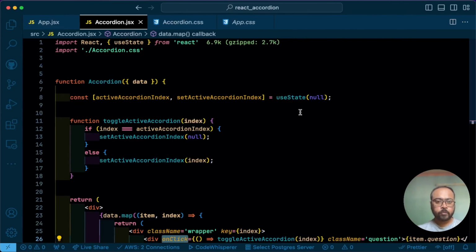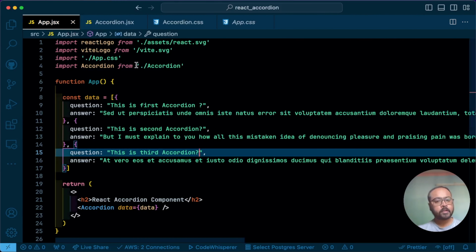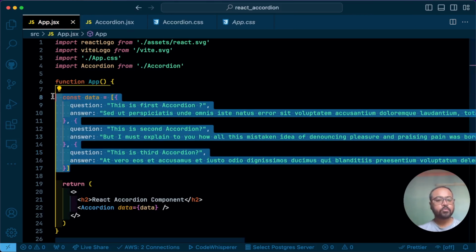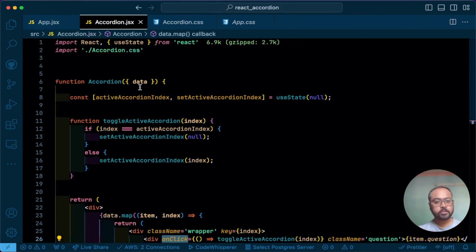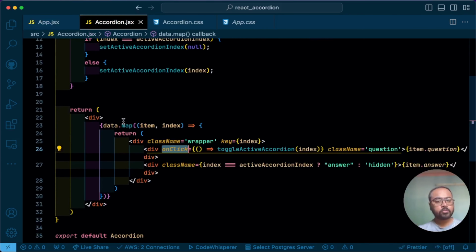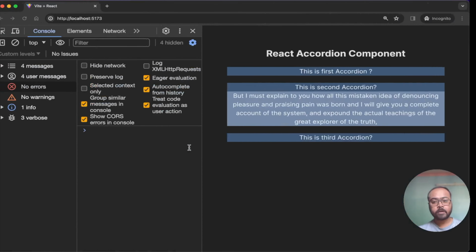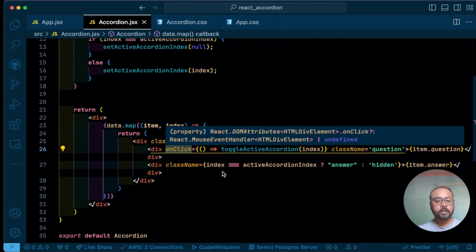So just to give an overview, what we did is that first of all, in the app component we created some data which has the question and answers for our accordion, and now we have just passed that data as a prop to the accordion.jsx component, and inside that accordion we are just mapping through that data and rendering that. And now whenever someone clicks on the question part, then what we are doing is